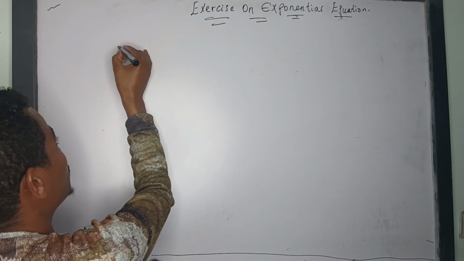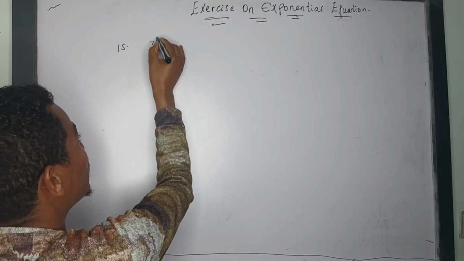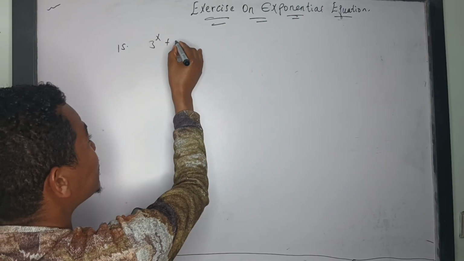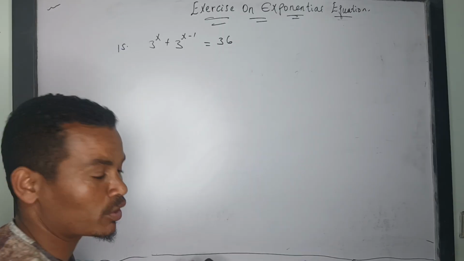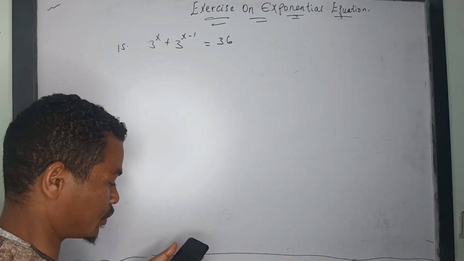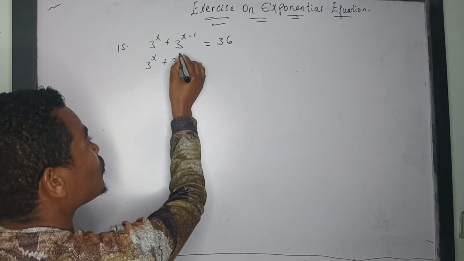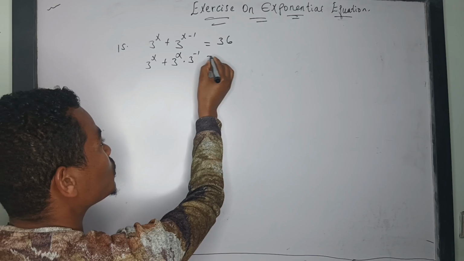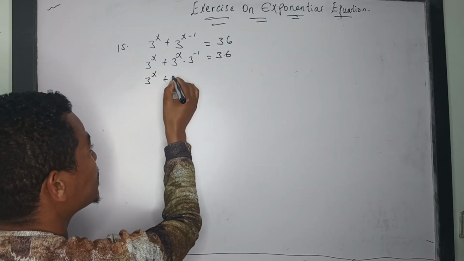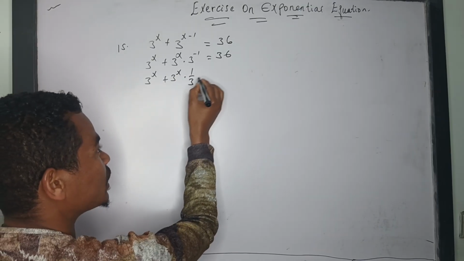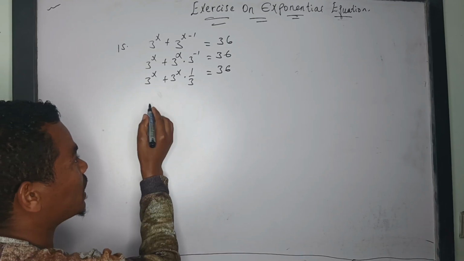Question number 15. 15ኛ ጥያቄ: if 3 the power of x plus 3 the power of x minus 1 is equal to 36, then what's the value of x? A minus 3, B 3, C 2, D 1. So 3 the power of x plus 3 the power of x times 3 the power of minus 1 is equal to 36. So it's the same with 3 the power of x plus 3 the power of x times 1 over 3 is equal to 36 እናገኛለን።